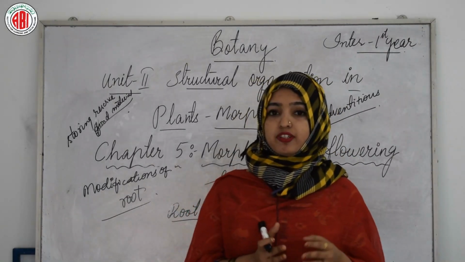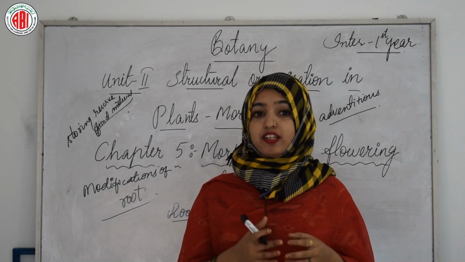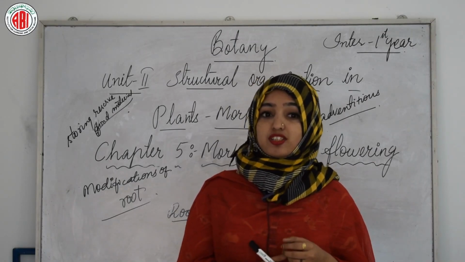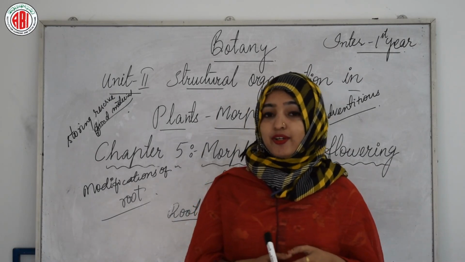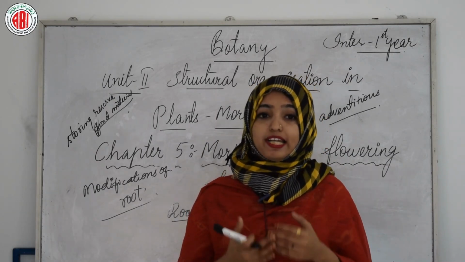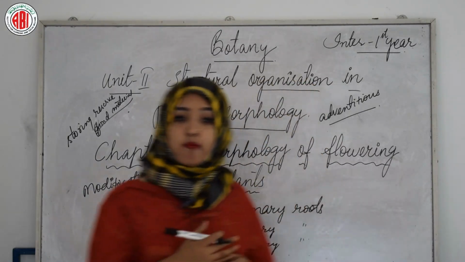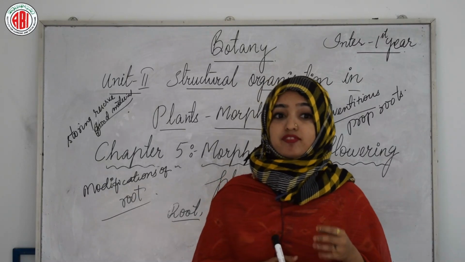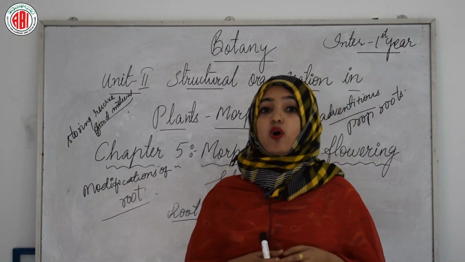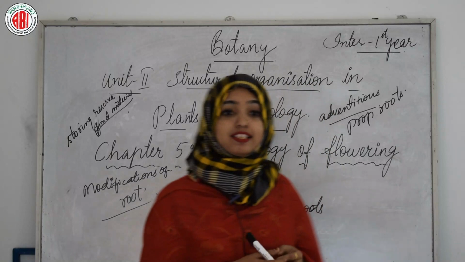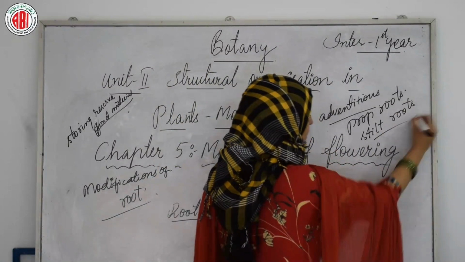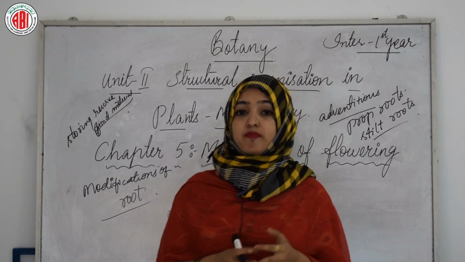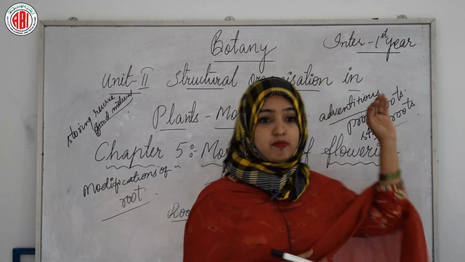If we proceed forward, let me ask you one thing: have you ever wondered what those hanging structures that support a banyan tree could be? I hope you all have witnessed that, right? These are called prop roots or pillar roots. Similarly, the stems of maize and sugarcane have supporting roots coming out of the lower nodes of the stem, and these are called stilt roots. We can easily see them on the sugarcane. We can see small hair-like extensions from the nodes of the stem, and they are termed stilt roots.